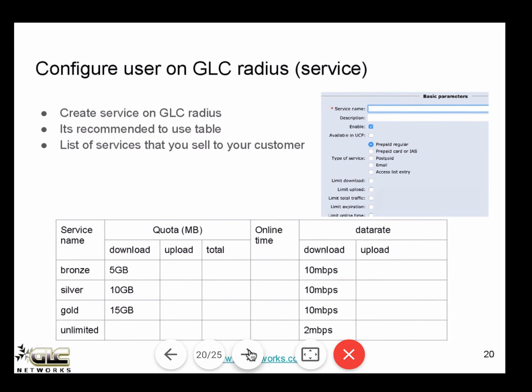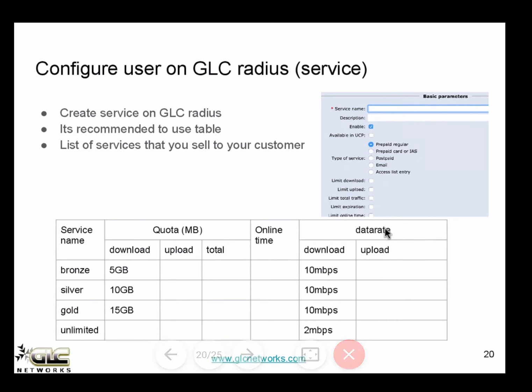Next, if you want to configure a user on GLC Radius, first you need to define the service. The best way for defining the service is by using a table. For example, you have service names bronze, silver, gold, and unlimited. So you define them here.